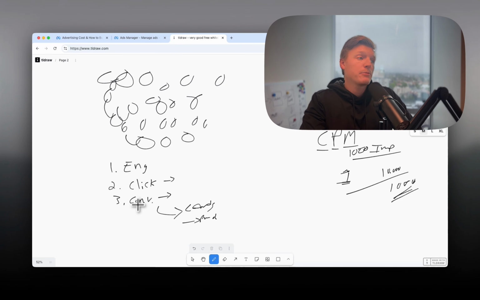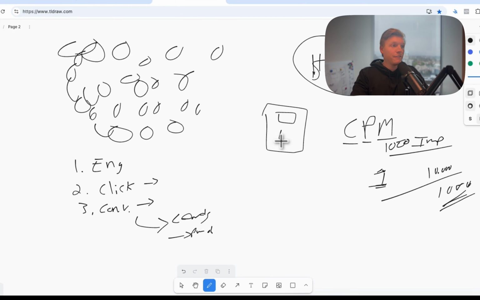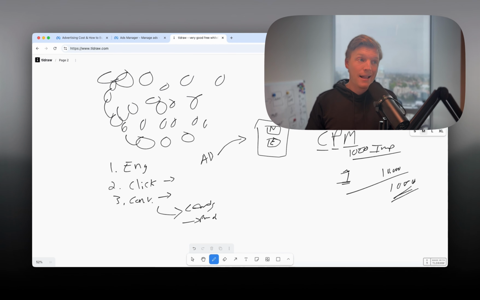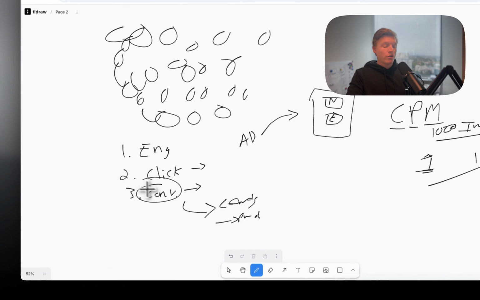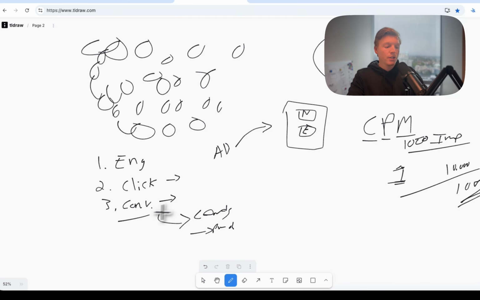And then the other option is converting, right? Hey, Facebook, I have a form on my website. I have a form on my landing page where someone can basically fill out name and email on a form. And what I want to do is I want to run people from my ad, okay? And I want to drive them to this form for them to fill out their name and email. And I want to track how many people I get from my ads, opt in as leads, or again, purchase something. These are going to go to the converter audience because Facebook wants to put your ad in front of people that are most likely to convert, okay?